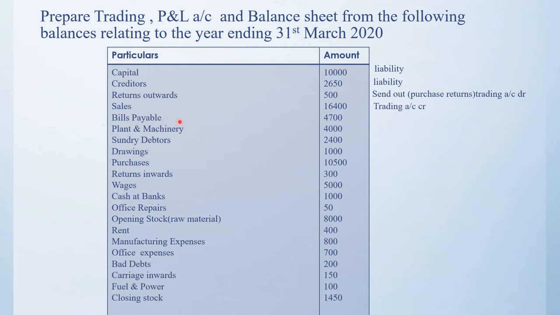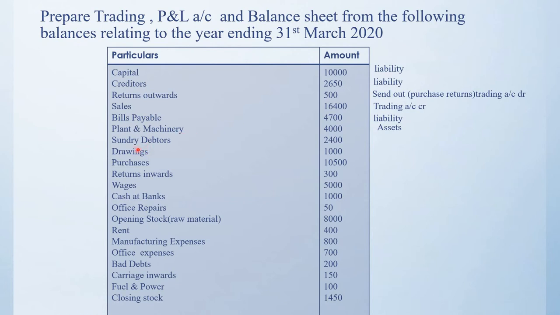Next we have bills payable. If the business purchased material on credit, they enter a contract to pay the credit amount in the future, so it is also considered a liability, a repayment of an amount in the future. Next we have plant and machinery. Plant and machinery gives value for more than 2 years. It is a valuable thing, so it is considered an asset.